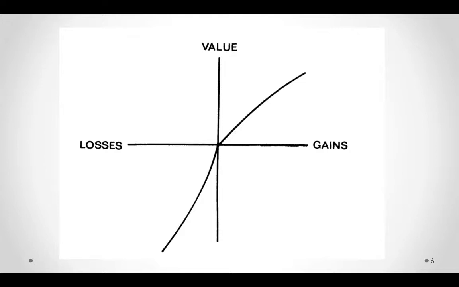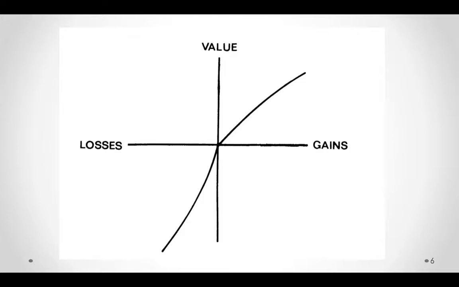Okay, so on this quadrant, you see 4 quadrants, only 2 of them are of importance for us. On the top right quadrant, that's the gain part, and on the bottom left quadrant, it's the losses part. Okay, the losses quadrant. So let's see, what do we notice when we look at this curve just by looking at it? It's very simple. I kept it simple with the purpose for us to look and discuss it. So there are 3 things that we notice here.